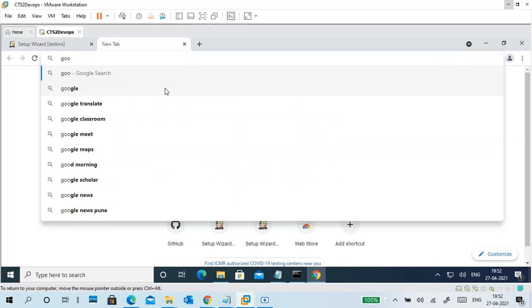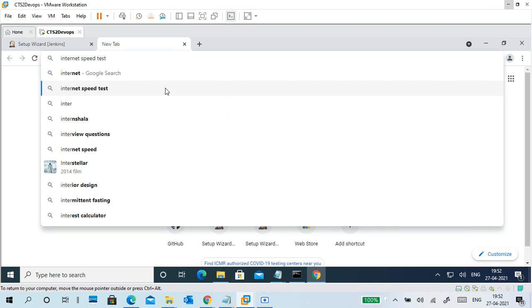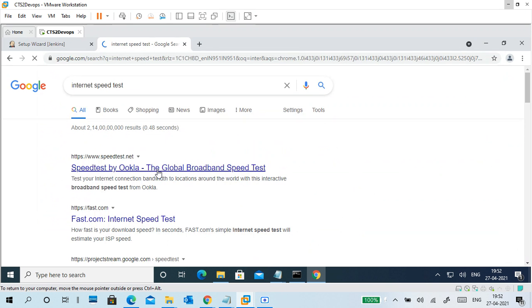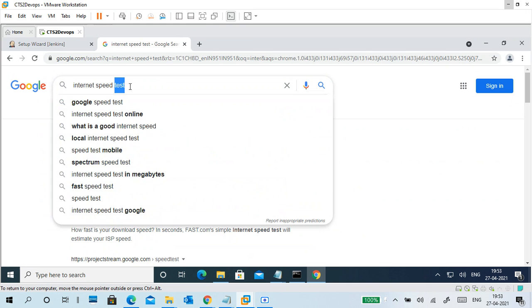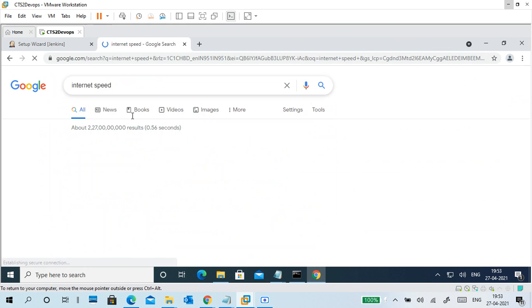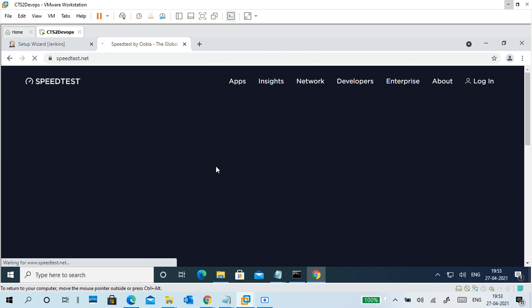Check the internet speed test. Directly, Google will give internet speed, or you can just test the speed.